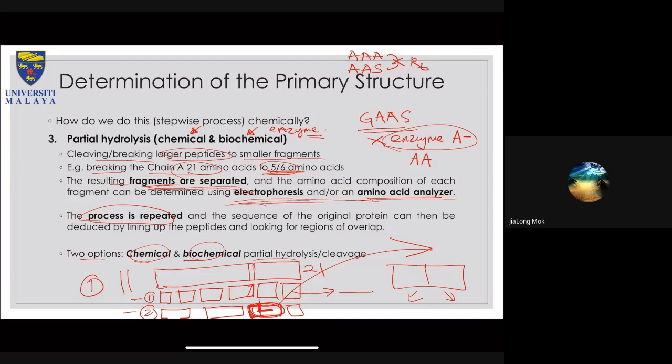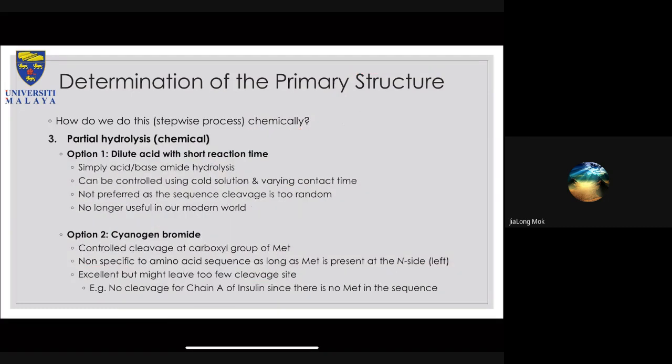So we'll look at both examples. The first one is chemical partial hydrolysis. You have 2 options. The first one is to use a dilute acid with short reaction time. Before this, you use 6 molar hydrochloric acid, 6 molar HCl, at 100 degrees for 24 hours. If you do this, you get full hydrolysis. So if you dilute it even more, just to give an example,